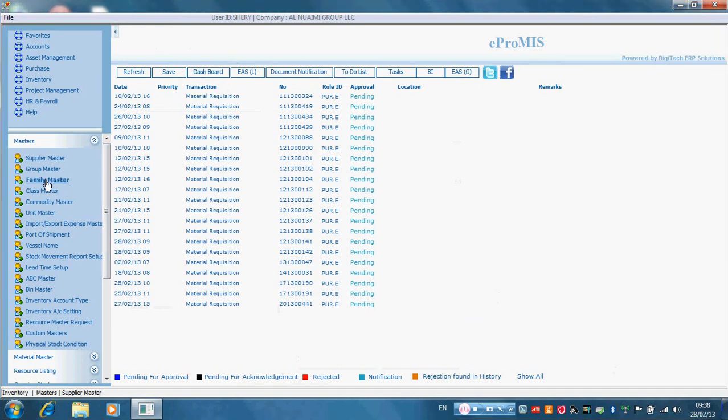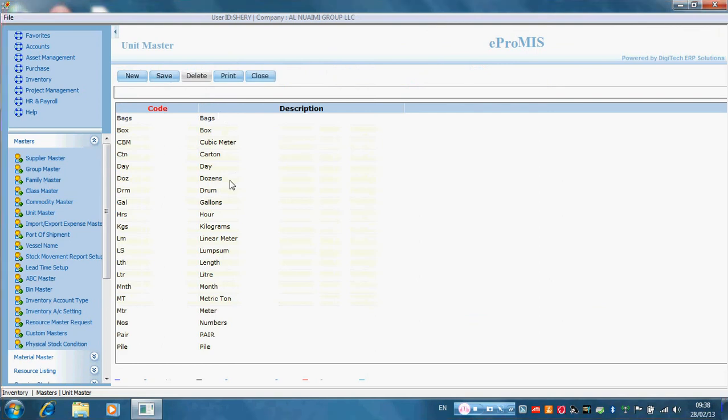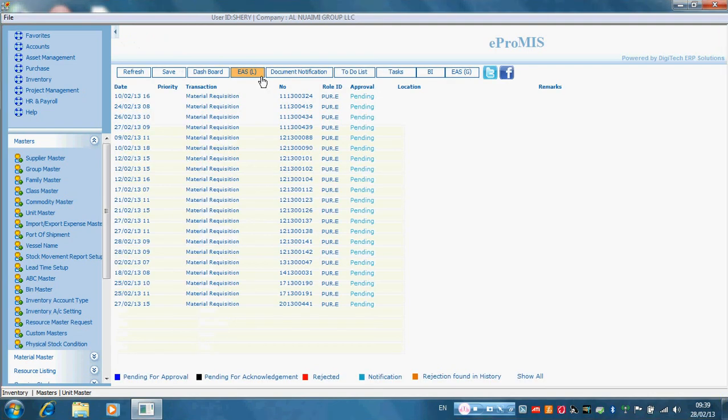And next we have to check the unit master. The unit master has predefined units. The general units should be mentioned here. Bags are there, box are there, and the main thing is the unit of measurement. Normally we select the least unit as the primary one. The smallest unit should be defined as the basic unit of measurement. If an item comes in numbers as well as in packets, we should use numbers as the unit of measurement, and the packet should come as a secondary unit.